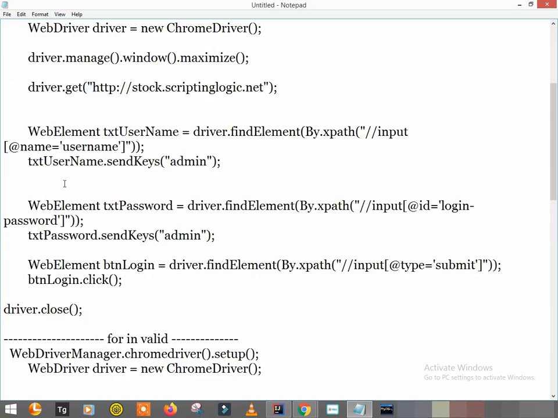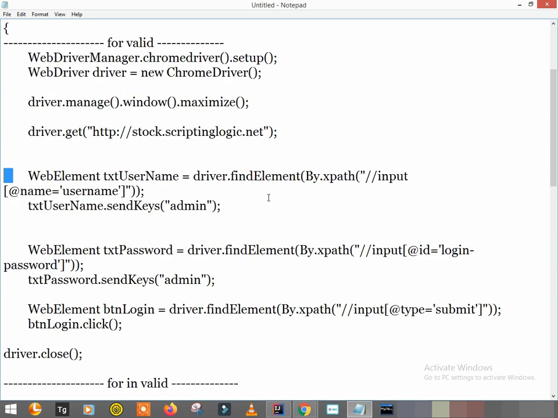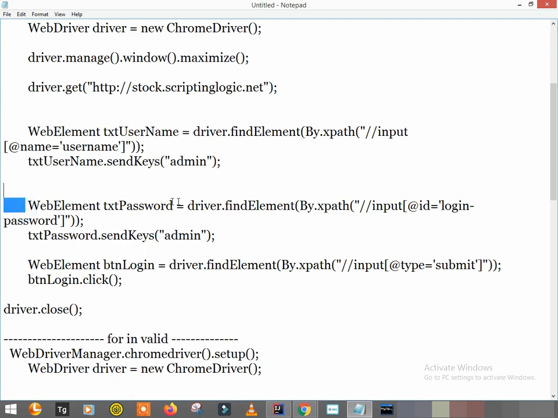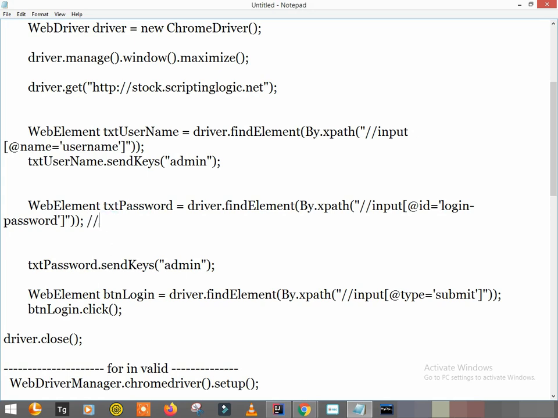Suppose in between any line fails, suppose on the web page because of some statements. Now I've written very simple and straightforward code. Your test might not be that simple. Your test script might be quite complicated, with a larger number of lines. So what may happen is that in between, some line fails. Suppose this line throws an exception and we haven't handled it.